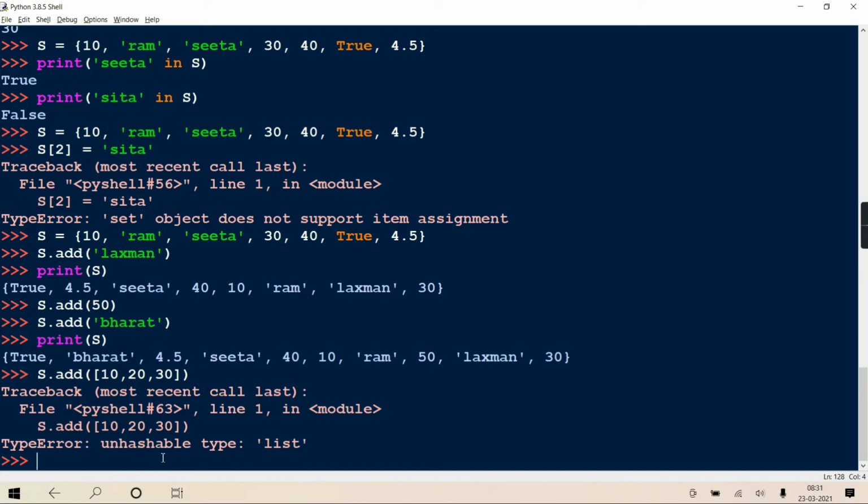I hope from this error also it is clear to you that internally all the elements in the set are kept in one hash table. And it says list cannot be hashed. Okay, it's not allowed. But you can add elements of. So if you're trying to add a tuple also, s dot add, and you're adding a tuple, which is possible in case of list.